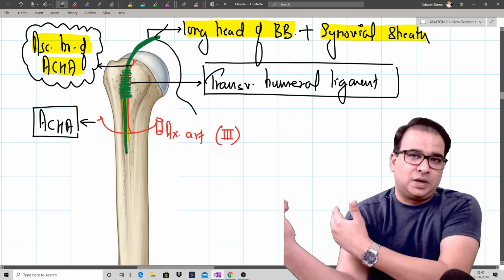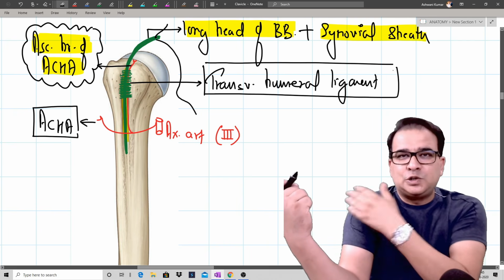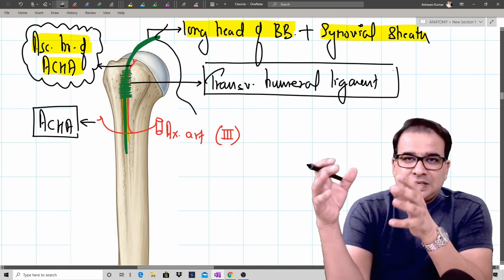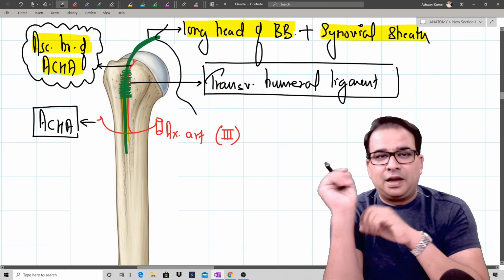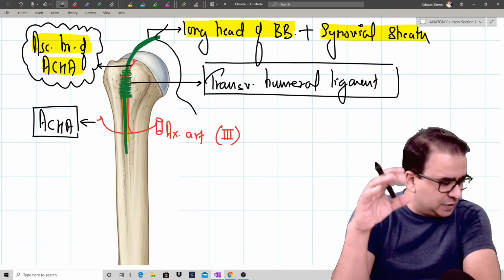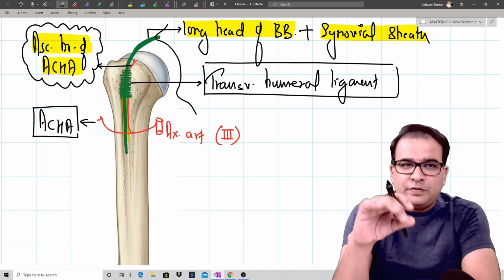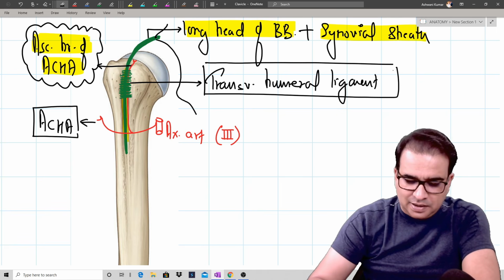So basically it's a support for the shoulder joint also on the lateral aspect. And what is keeping this support intact in the groove is this ligament called the transverse humeral ligament. So I used this picture to discuss what the contents of the groove are and what is actually keeping that intact in there.